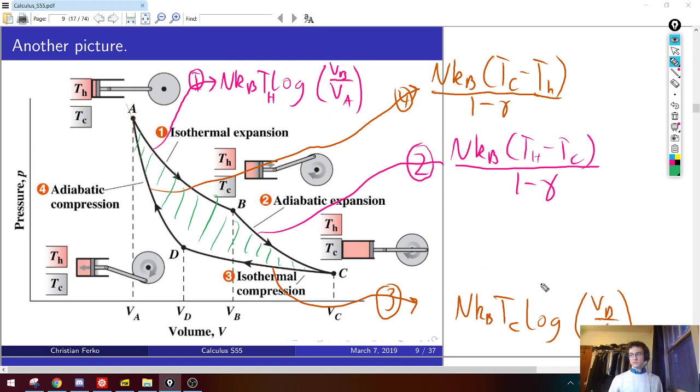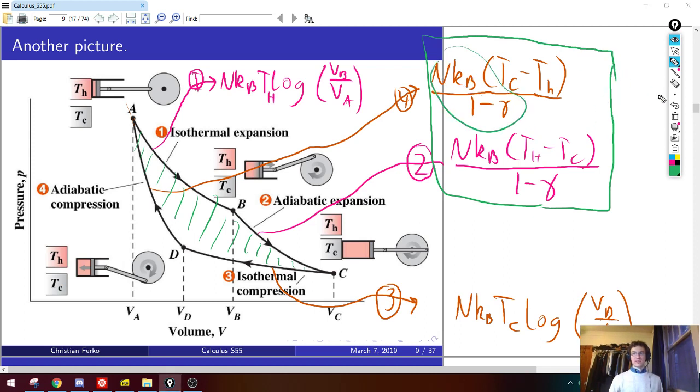Well, number 4 and 2 are going to cancel out, of course. Yeah, perfect. That's what I'm getting at. So that's why I did that weird rewriting in terms of the temperatures, so we could see this. Because obviously this is the same overall constant times thing A minus thing B, and then thing B minus thing A. So that's the nice thing. These 2 adiabats cancel. They totally just cancel.